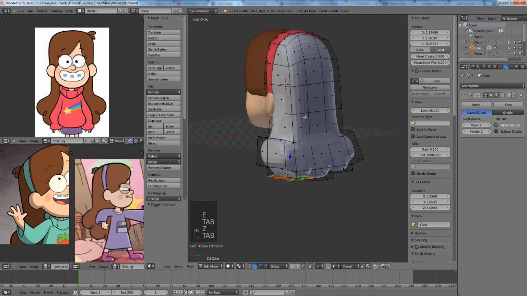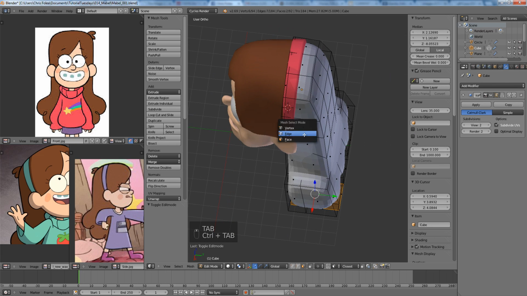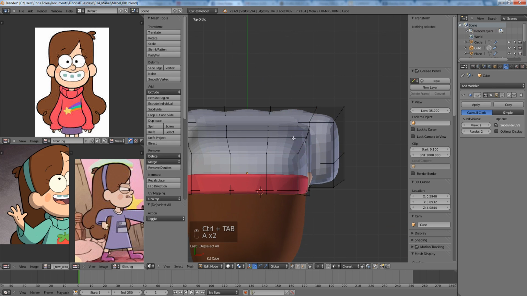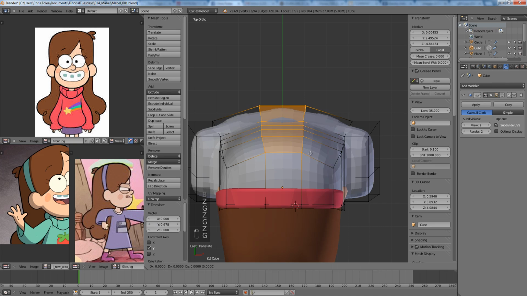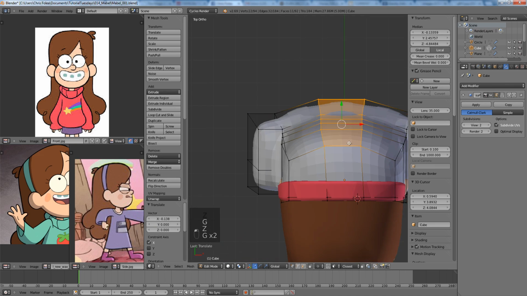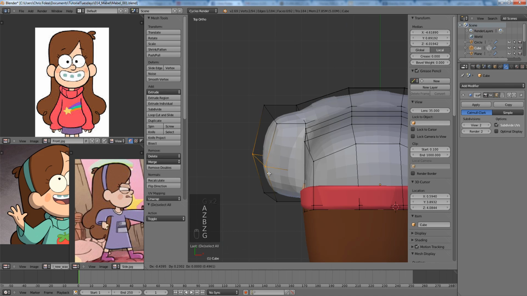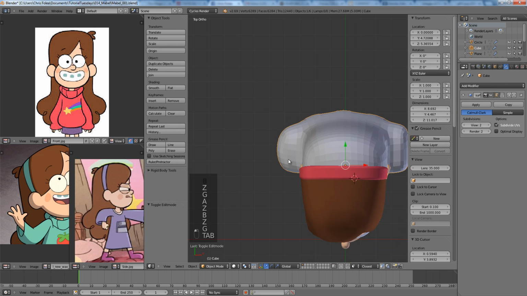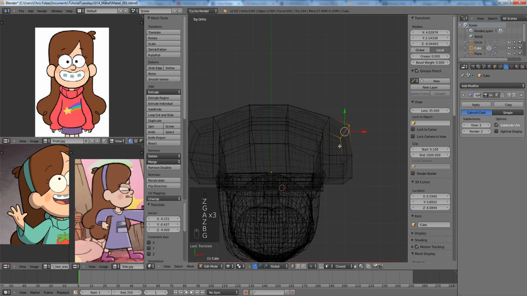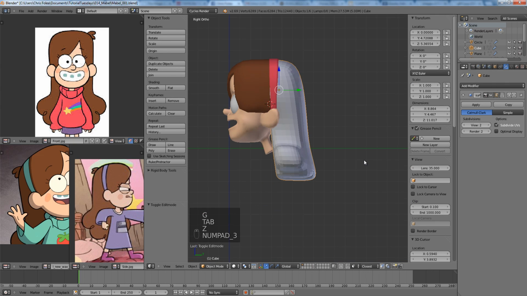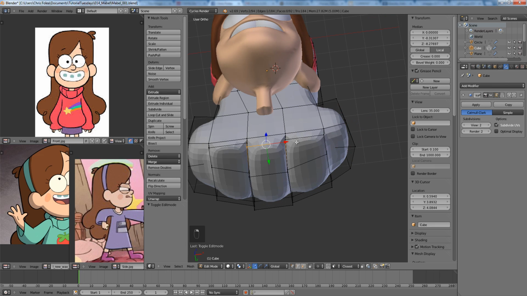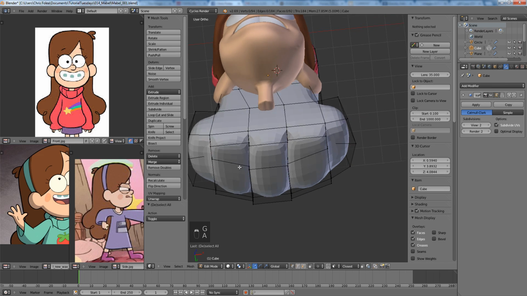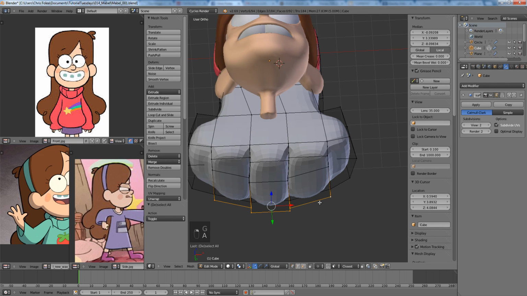No, that's probably not the best way to handle the hair, but that's quite alright, because it will work for our purposes of just modeling the character. And we can take these, move them in, take these, move them in,